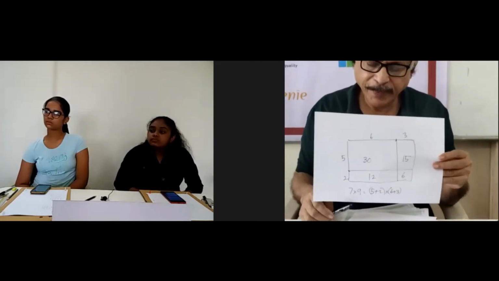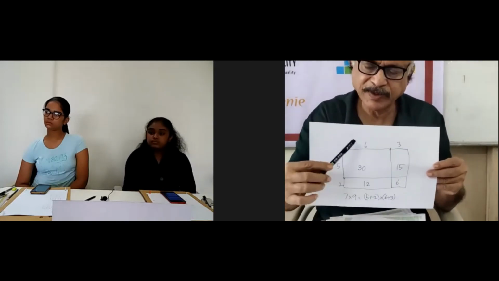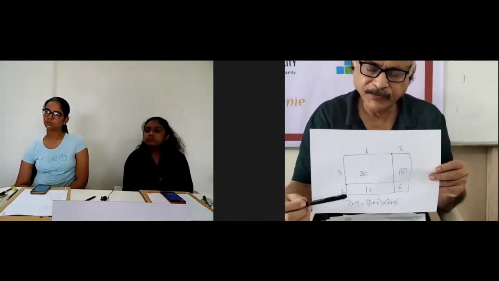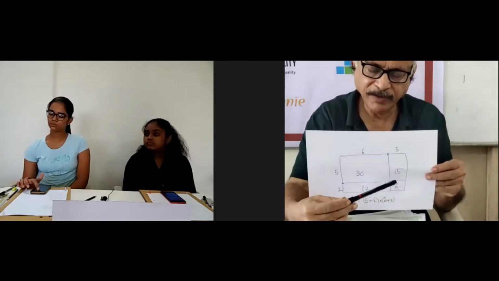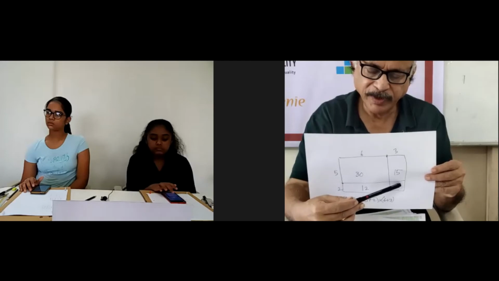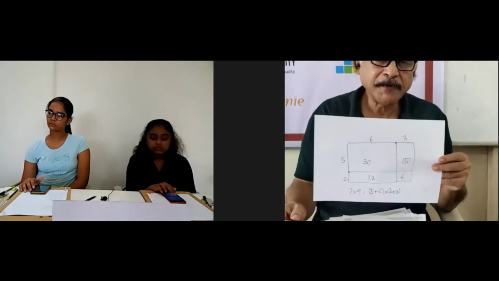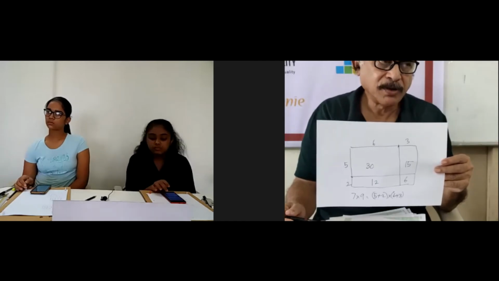7 into 9, that's 5 plus 2 into 6 plus 3, and that is 4 parts, 5 into 6, 5 into 3, 2 into 6, and 2 into 3. Remember, this was something that we did last time. Now,